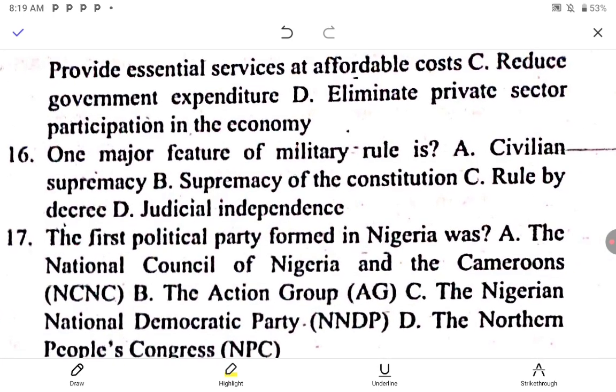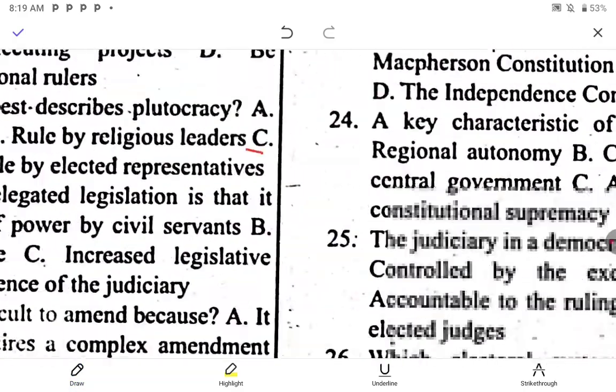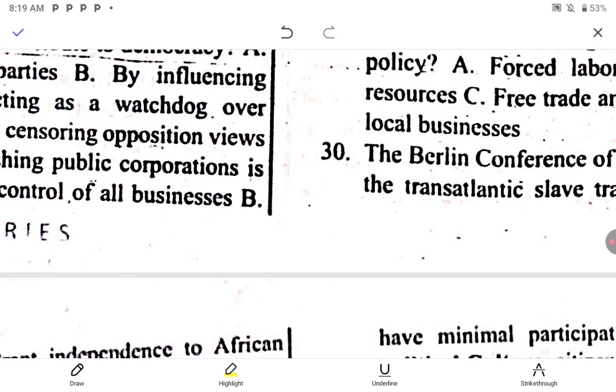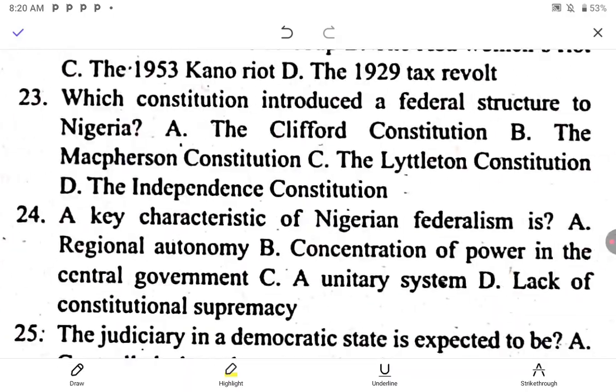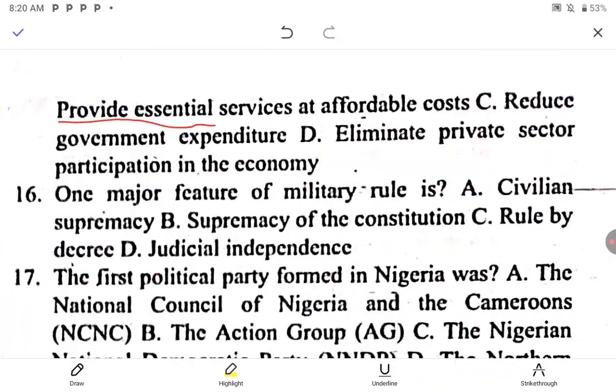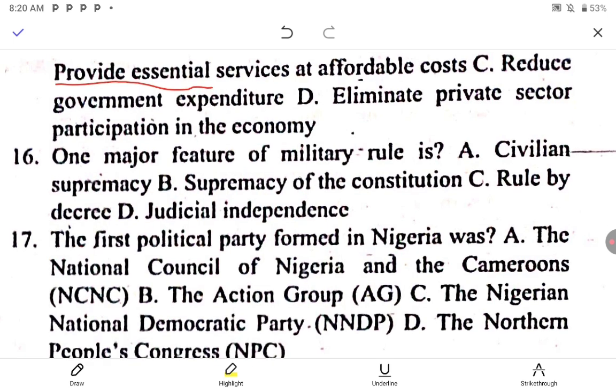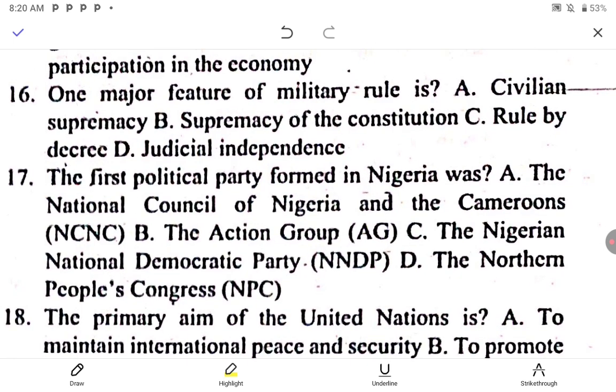The correct option to question 15 is option C. It's option B, rather, it's option B, where we have the many part here. Let's give it that part. This is the option B here. So these are the continuation of it. So it's what I marked here. Okay. So let's move to question 16.